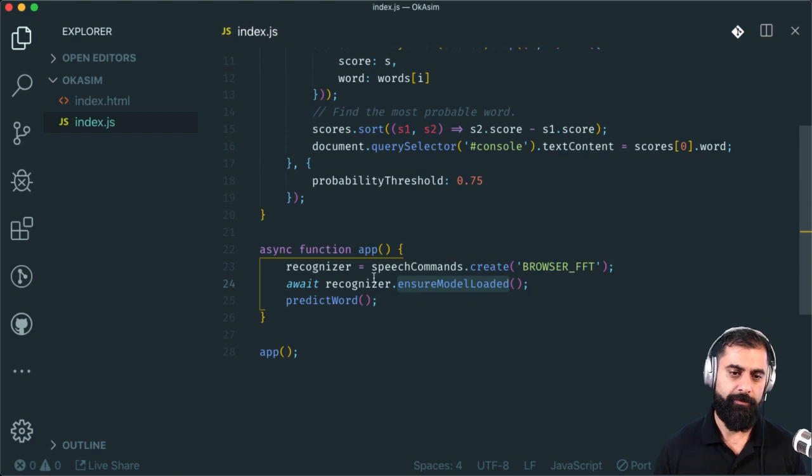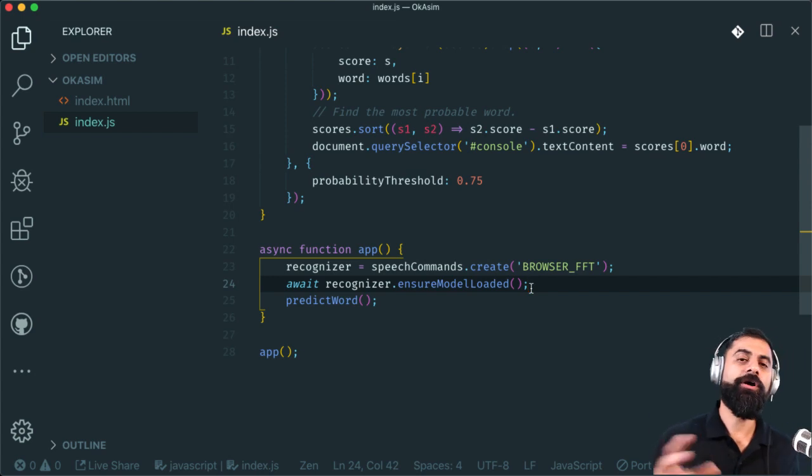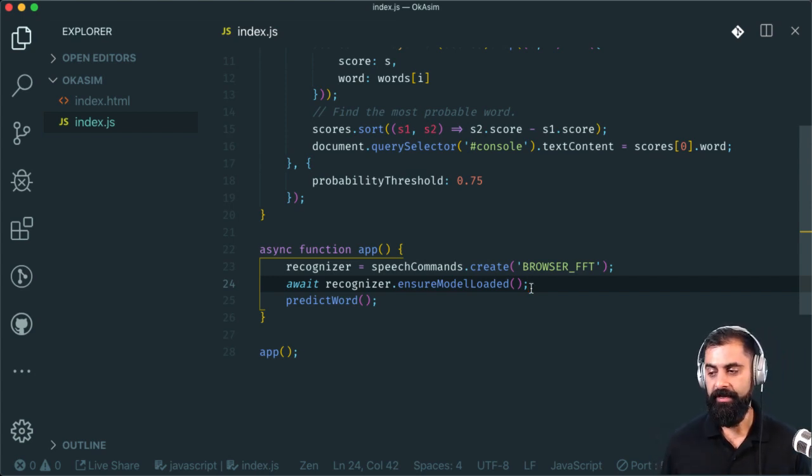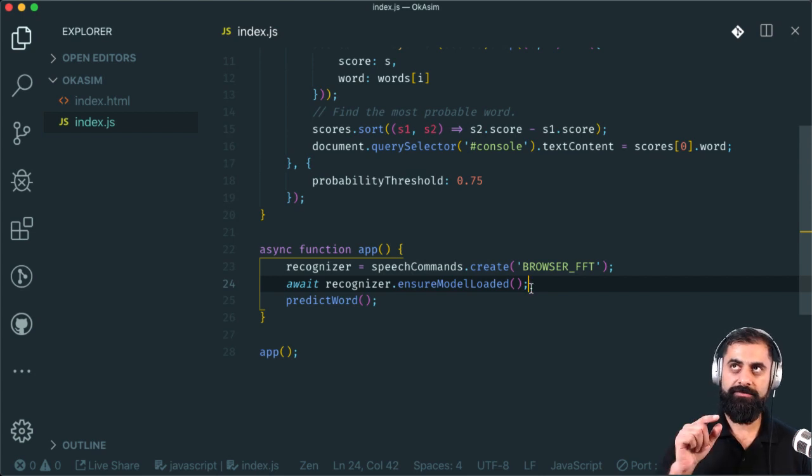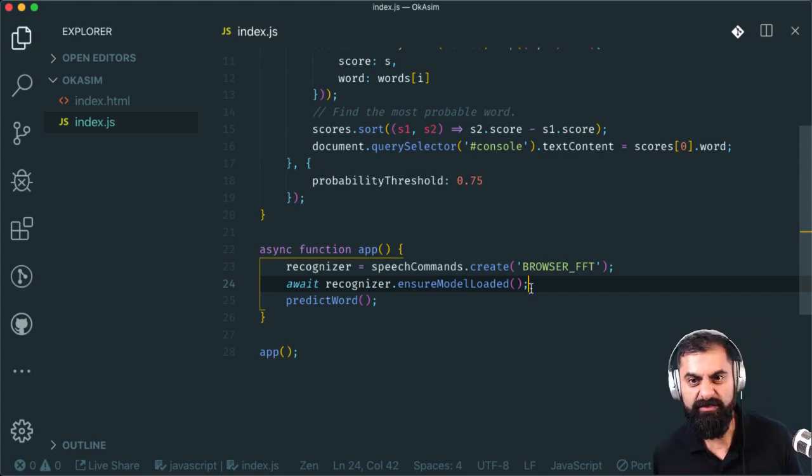And then this must be what's going on. So that's creating it, and then ensure model loaded. It has this await thing, and what that really means is, for the longest time, JavaScript was an asynchronous language, which means it could never wait for something.